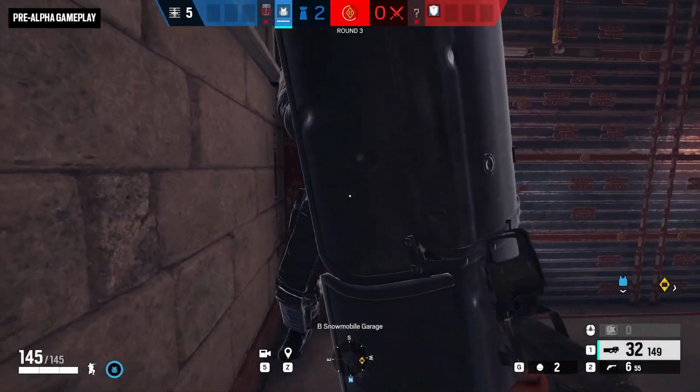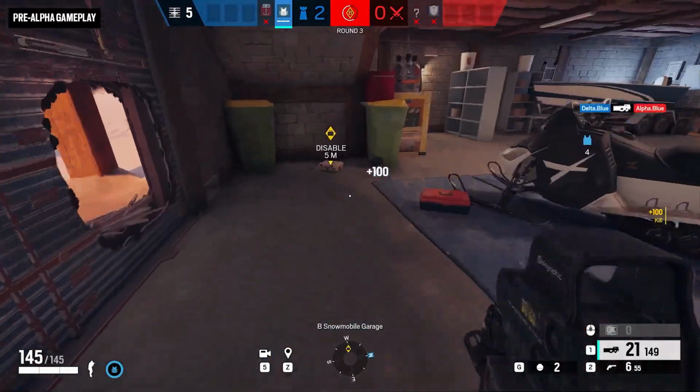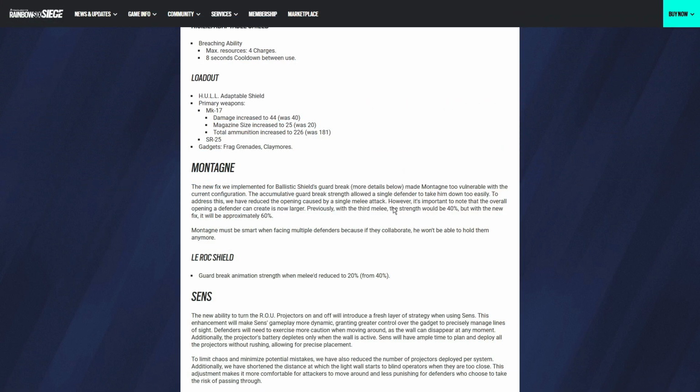to reveal more and more of the body. It's going to stagger them a little bit more. As you guys can see here, the previous maximum amount of strength it would be at is 40, but now it's up to 60%. So if you keep hitting a Monty shield, he's going to reveal 20% more of his